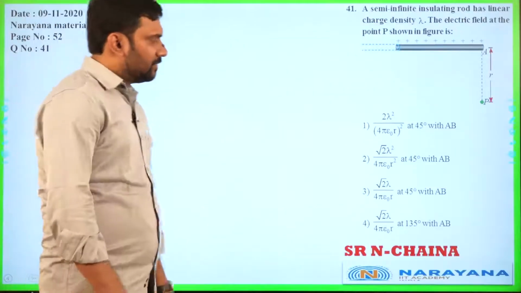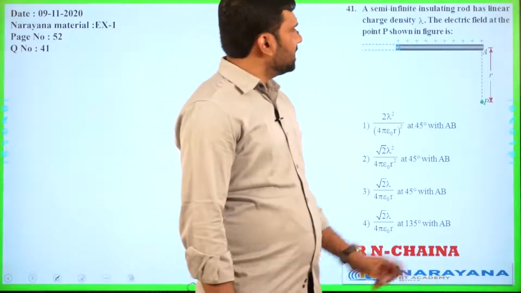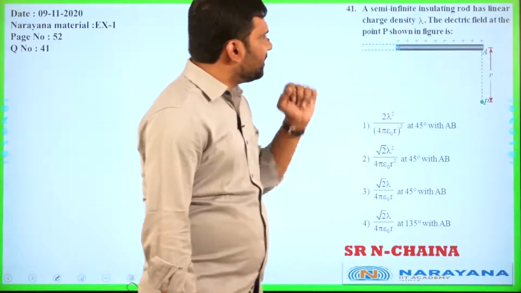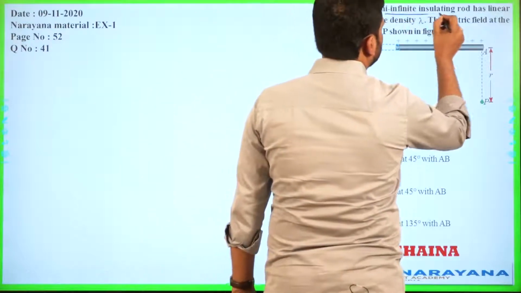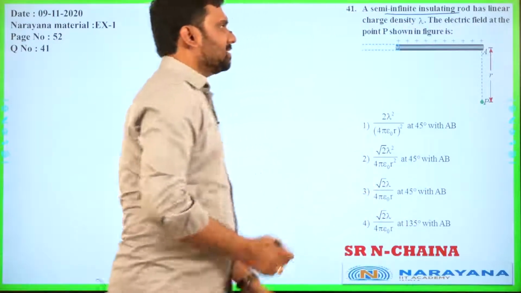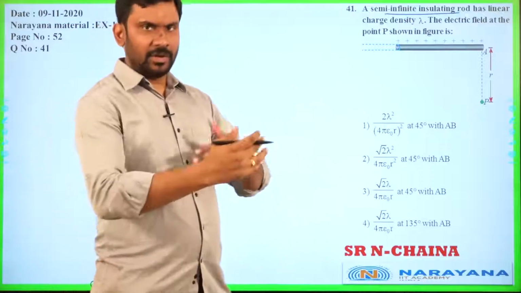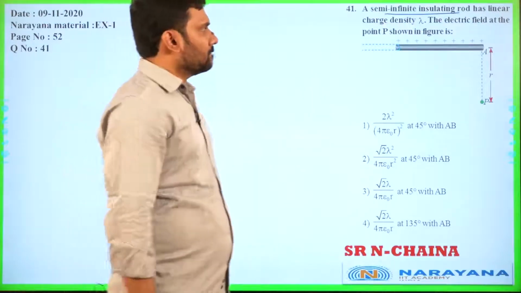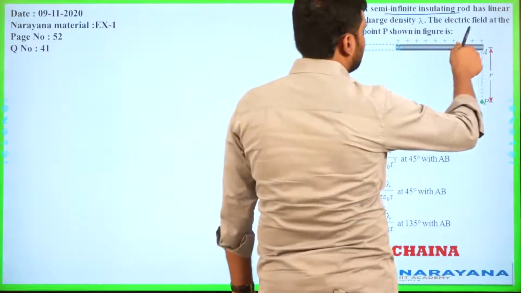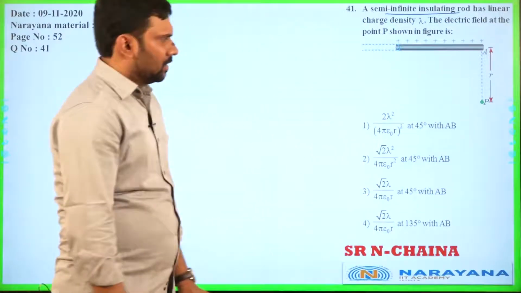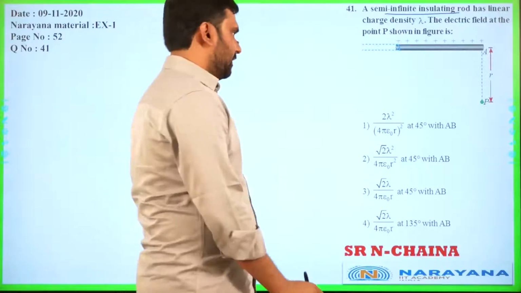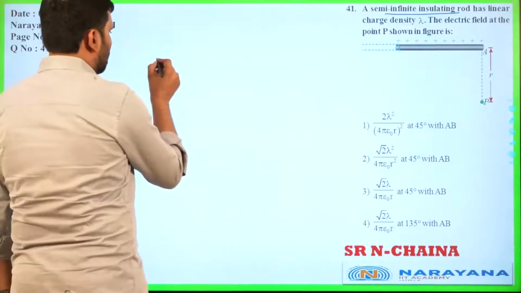Okay, so here we have the first question. There you can see that there is a semi-infinite insulating rod. Insulating rod in the sense the charges will be ingrained, I mean there will be no movement of the charges. It has linear charge density lambda. The electric field at a point P as shown in the figure. Now this is pretty easy to understand. If you check that rod,